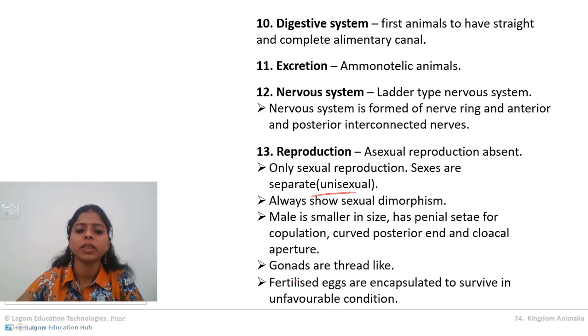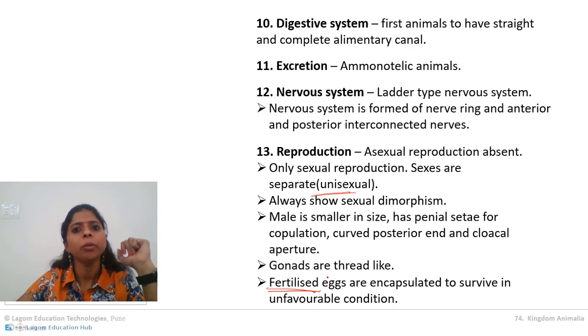And after fertilization, this is very important. When fertilization takes place, the eggs are enclosed in a very hard covering, because eggs are generally deposited either in water or in soil. So it needs to be very tough, and it should stay in the environment for a longer duration. When they get entry inside our body, they start developing symptoms, as we have studied in Wuchereria, or elephantiasis. Clear about it? So clear about nematode characteristics.